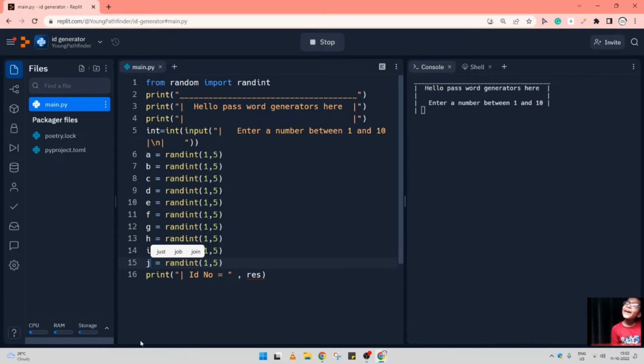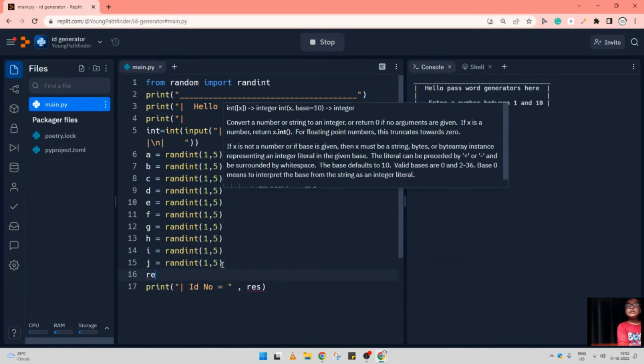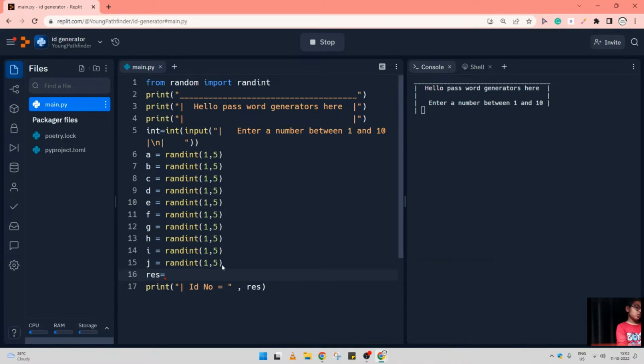So we are back, and I just did everything that I needed to do, like A, B, C, D, E, F, G, H, I, J, K. So let's test if it really works or not. Let's say print. Okay, so let's say res is equal to A plus B plus C plus D plus E plus F plus G plus H plus I plus J. So yeah, it's a bit of nonsense code, I know, but